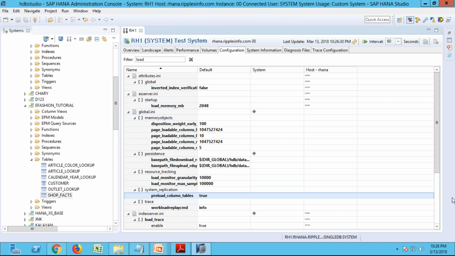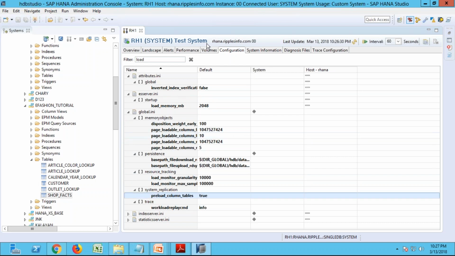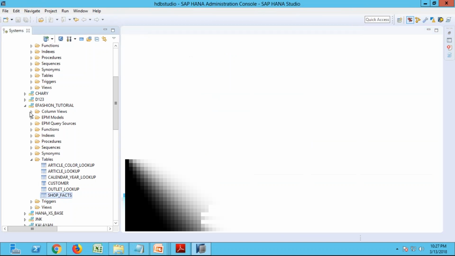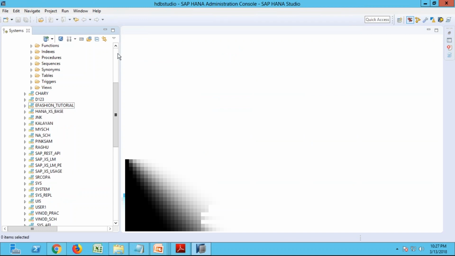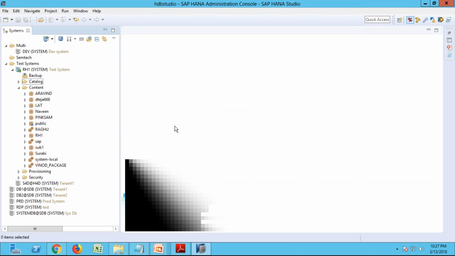You can consider some of these parameters, such as preloading those tables in parallel. So consider these parameters also. These techniques will tell you what to do. And in your Dropbox, I have also given one